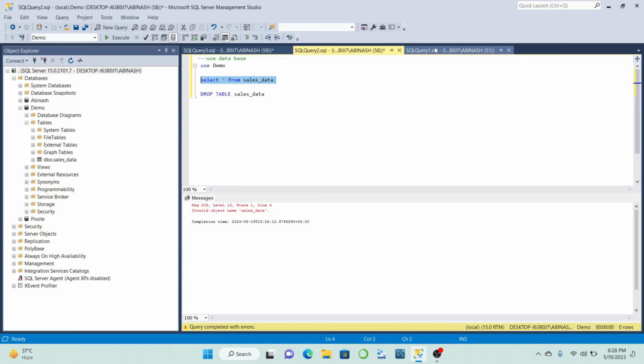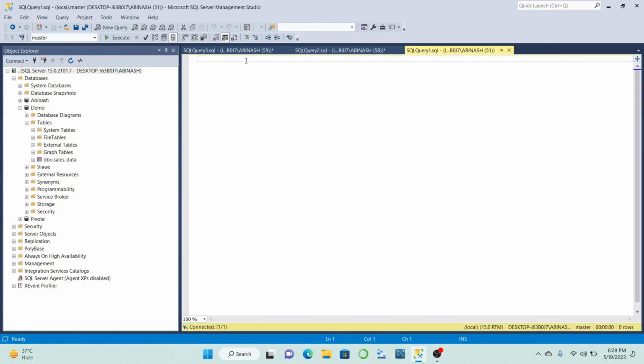Then after, we use the truncate function. In the truncate function, as we were previously saying, in the delete command we use the where condition, but in truncate we don't use the where condition. It will totally delete our data, excluding our table heading. So first of all, use